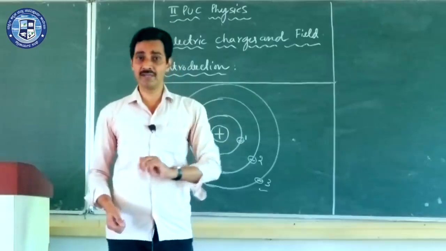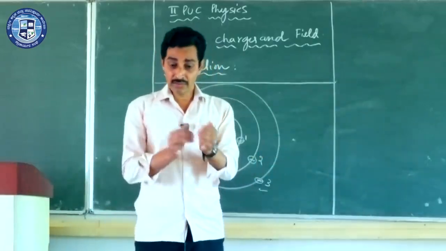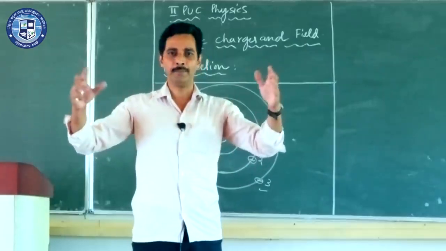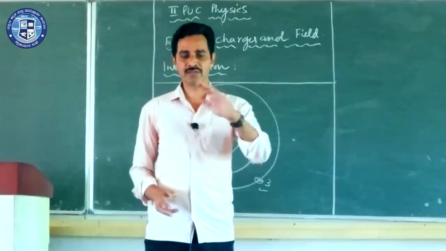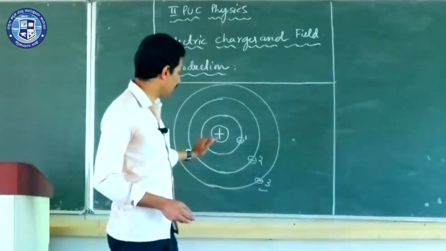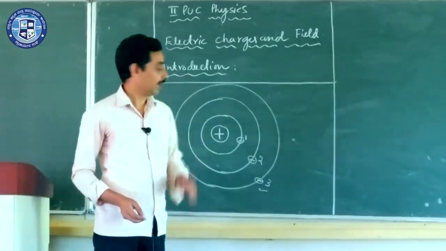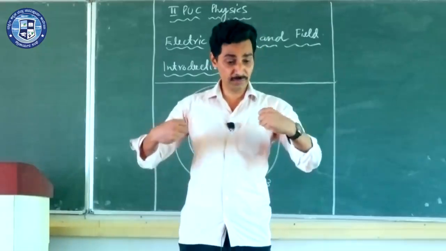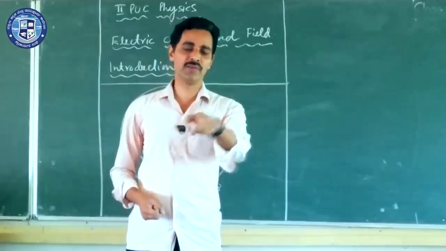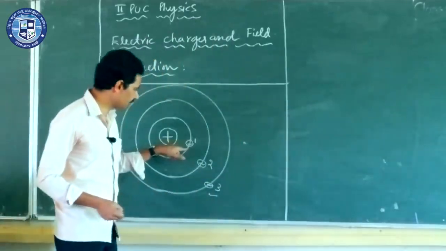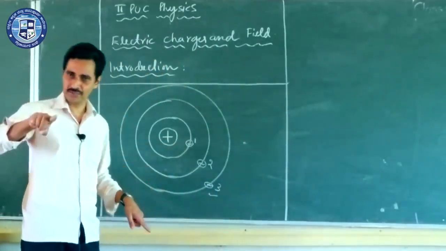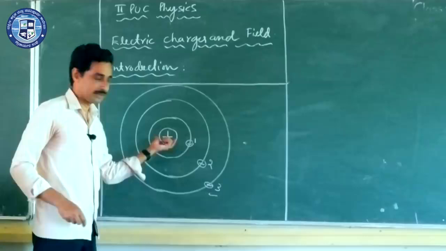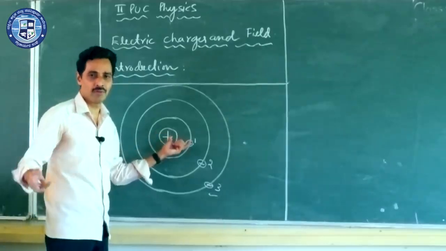Which is positive and which is negatively charged? Again, by convention. We have to take something as positive, something as negative, basically, and we should start building up that this is positive and this is negative. So something should be taken as reference. Electrons are given negative charge. This is purely conventional. And if electrons are given negative, you can't give negative charge to protons, because electrons and protons attract each other. So protons should be given the opposite charge, that is positive. So conventionally, charge of an electron is taken as negative and charge of a proton is taken as positive. So this is also purely conventional. There is no particular story behind it.